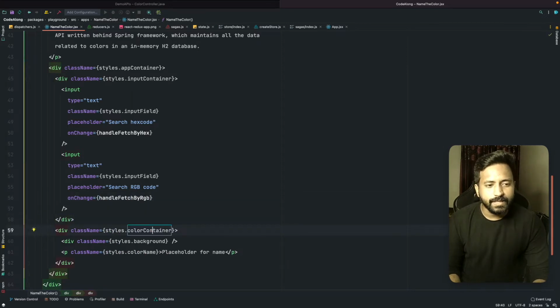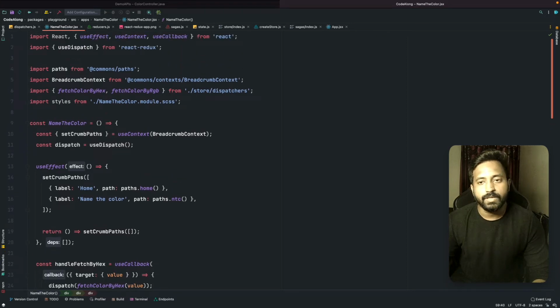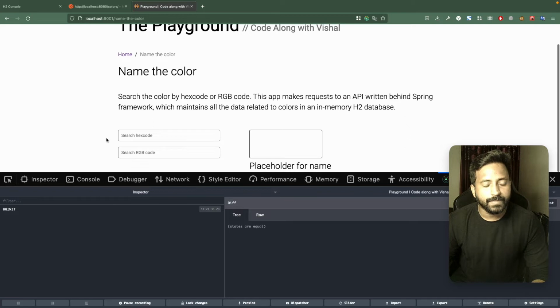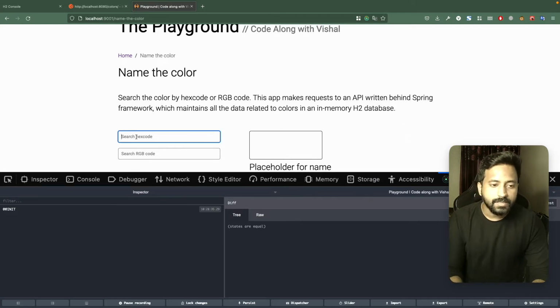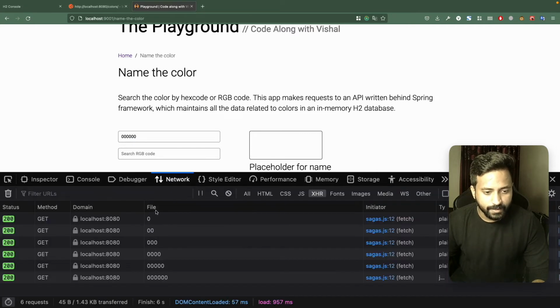Alright, so let's see if this is actually triggering the API call or not. Okay, so let's go back to our screen, hit a refresh, and let's start typing in 00000. Okay, so you can see that there are several API calls going.